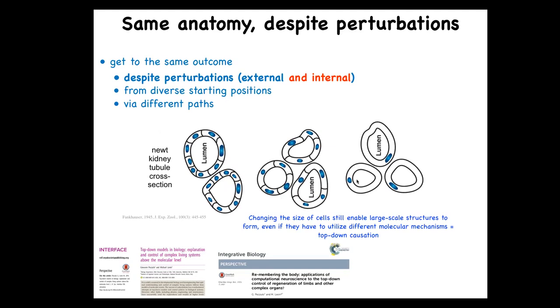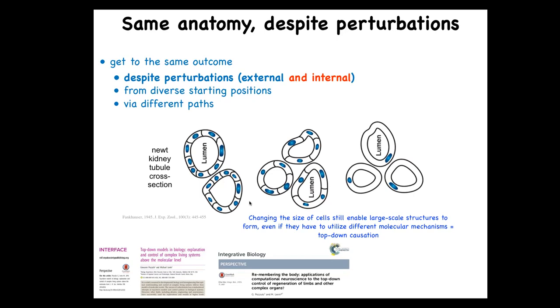lumen. Now, why this is of note is that this is a different molecular mechanism. The previous one is cell-to-cell communication and tubulogenesis. This is cytoskeletal bending to bend one cell around itself. So this is a kind of top-down causation in the service of a large-scale anatomical goal, having this tubule. Different molecular mechanisms can be called up. So if you think about this as a new embryo newt coming into the world, you have to not really take prior expectations very seriously. You can't depend on how many copies of your genome you're going to have.